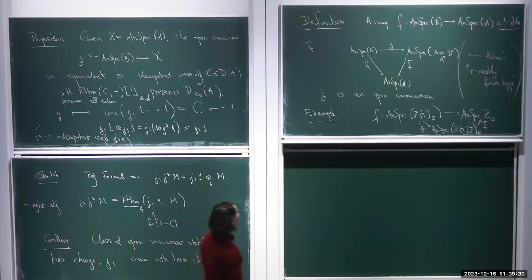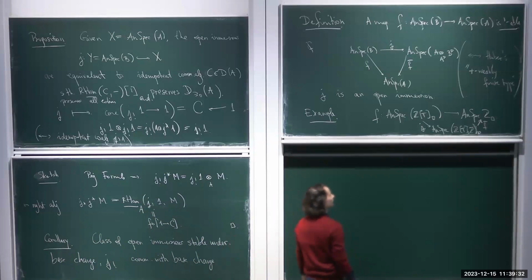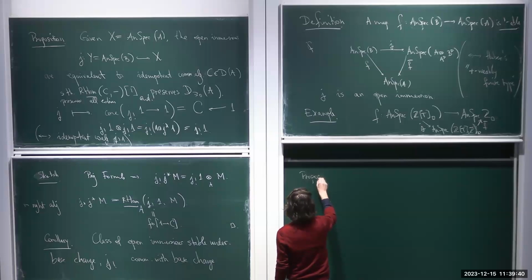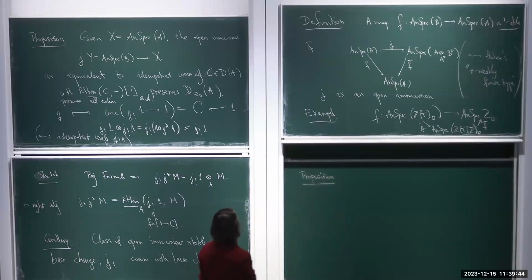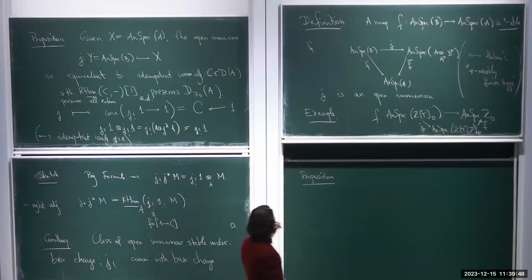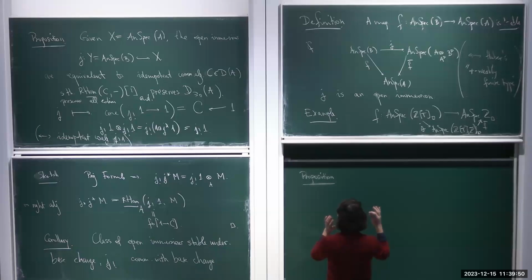So I didn't discuss in this lecture all the little axioms you have to put to make the six-functor formalism work. There are some little bits to check, but each of them is a really simple check. And so as a proposition, basically a corollary to this general construction of six-functor formalisms, you can now say that,